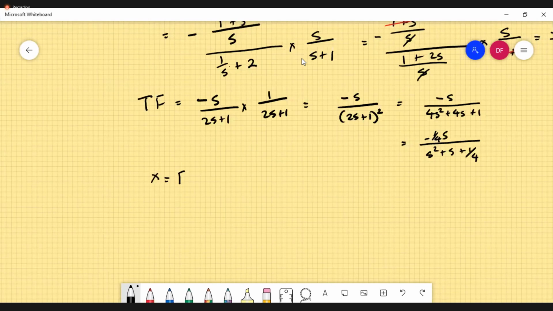My x is going to be, there's no s here, there's a minus a quarter x s, and there's no constant term. My y is going to be 1 a quarter. And so first thing,